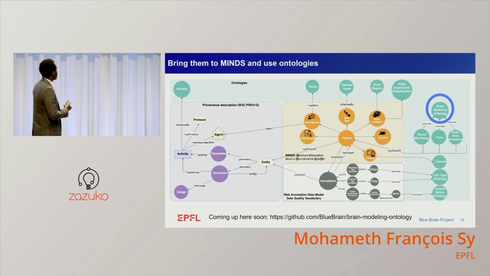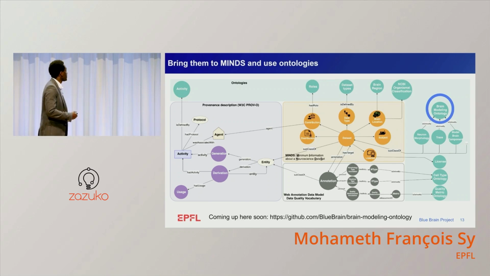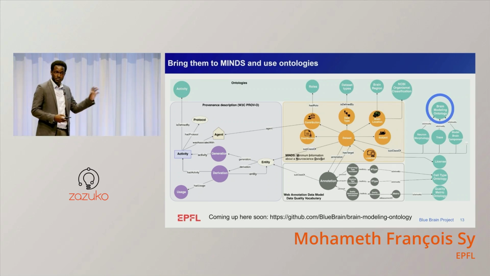But for example, in our knowledge graph, dataset is a specialization of entity, which holds the information about the W3C PROV in terms of generation, derivation, etc. Dataset gets associated with a bunch of annotations that use the W3C Web Annotation Data Model, or at least an extension of that, and we annotate this morphology, these EPHs, with, for example, the cell classification. What type of cell is this? Is it a pyramidal cell, etc., and also the electrical classification here, for example, and a set of quality measurements